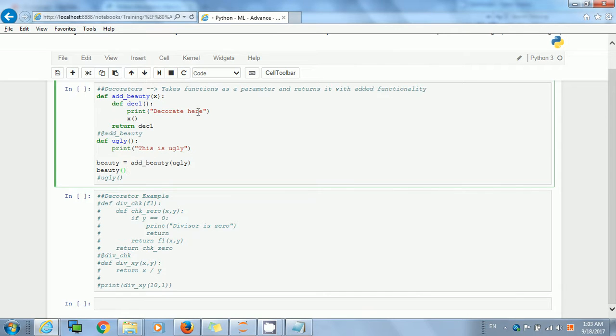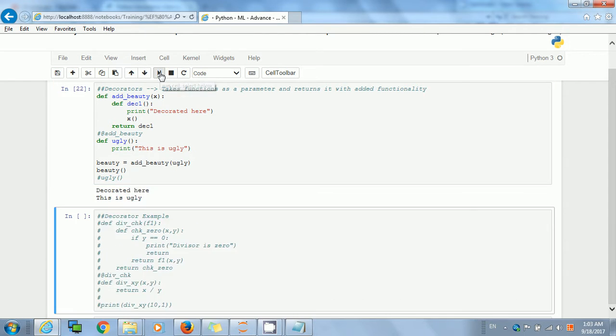We should get "decorated here" and "this is ugly". We should get that because the method is being passed here as x, and x is being called here after this decoration, after this statement. Let's see: decorated here, this is ugly. Now writing this way is quite confusing, but if we want to make it easier and shorter, you can just write add_beauty before the